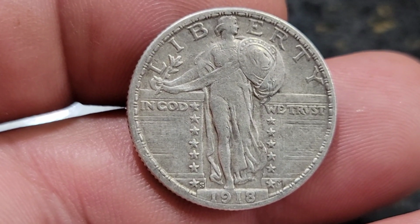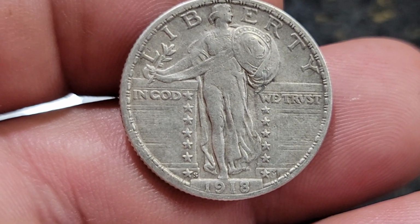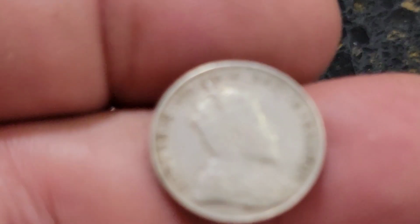This one, it's kind of funny now that I notice it. Just below the shield, it's got a little bit of a scuff. But I don't think it's enough where they're going to knock anything off. And then the last one here is